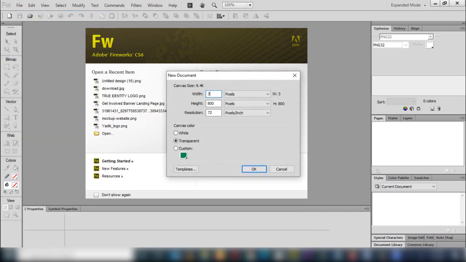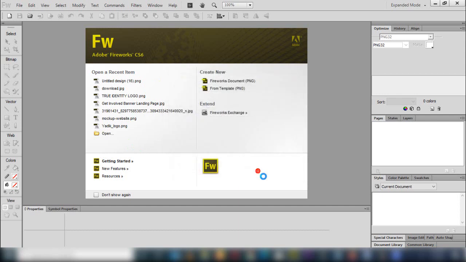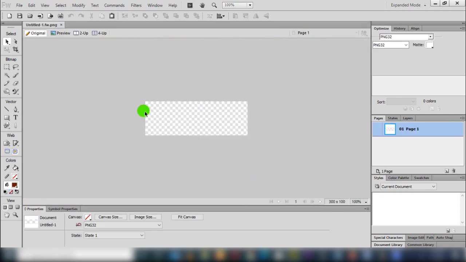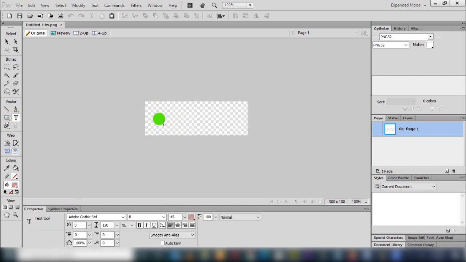Then for your logo, you say 300 by 100, and you ensure that this is transparent. So you click on OK. What it means is that this area that is transparent is the 300 by 100, right? So it is very simple to use this software. This T here, in yours you might see A or something like that, but here is a T. Let me type something, so I can just click on it and type